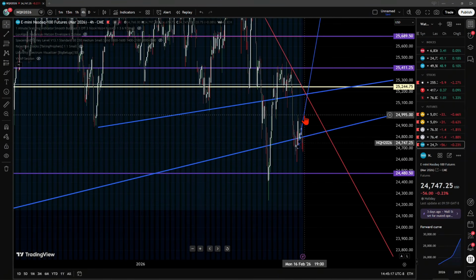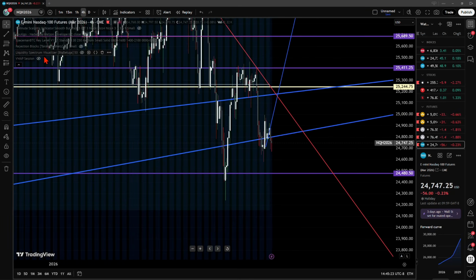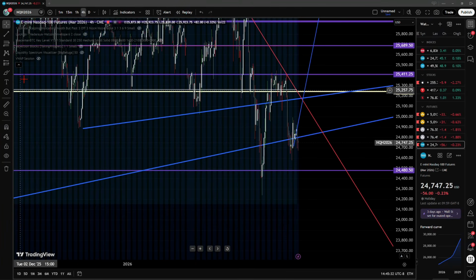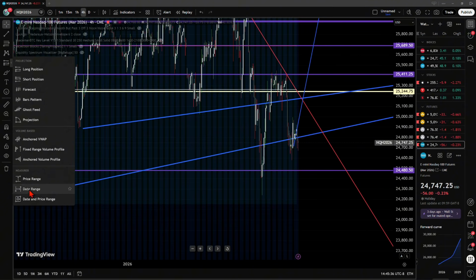Alright guys, it's Pip Hop. I'm a little under the weather today, but I want to do a run through on some of these indicators that I use and how I use them, how important they can be, as well as some of these tools. One of the big ones that I really like to use for forecasting is this volume range profile,